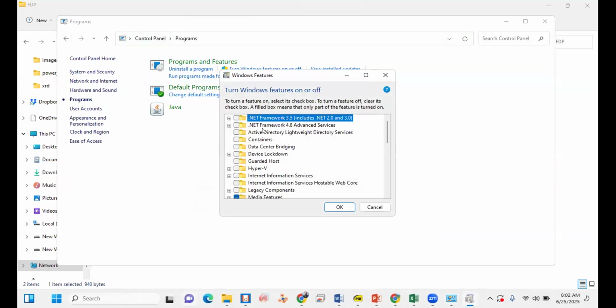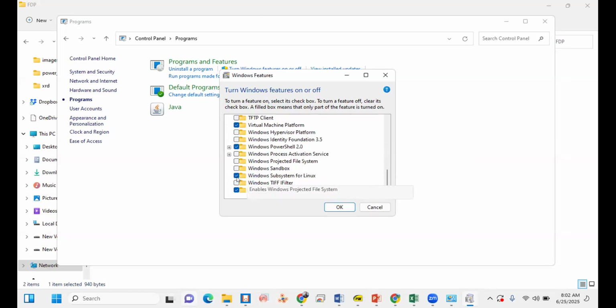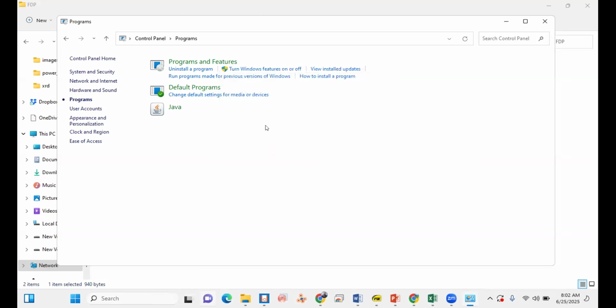It will again open a new window where, at the last, you see there is an option we call Windows Subsystem for Linux. Last, you must check this one first. Those who are new can go through this and check this one. When you click OK, it will take a little bit of time. You have to wait because they have to activate the Windows Subsystem for Linux for you, and it will then